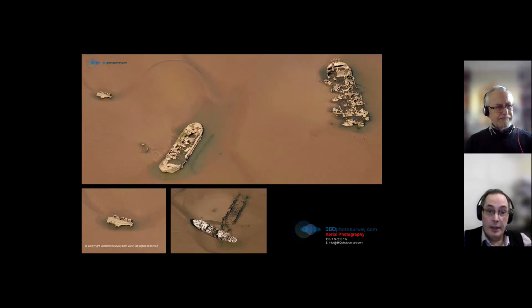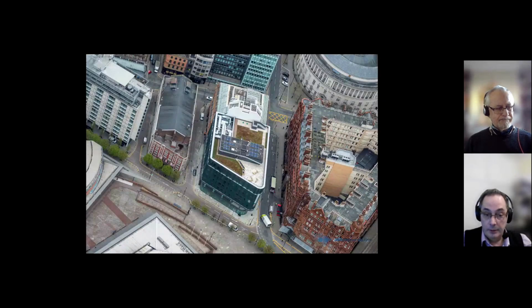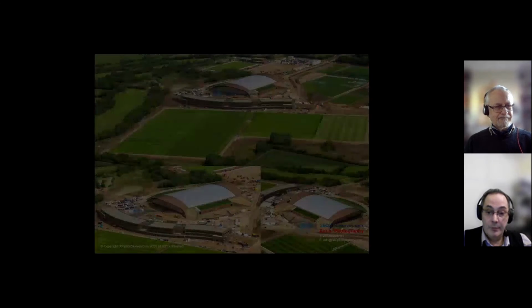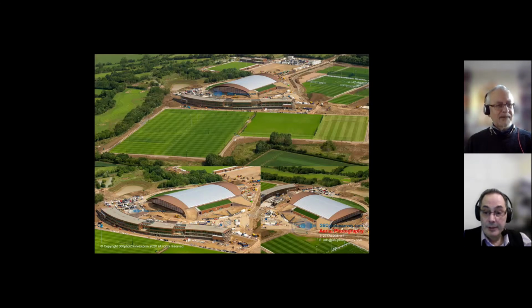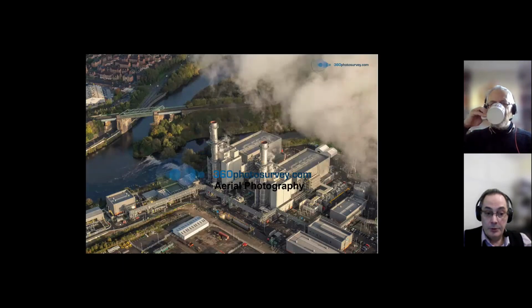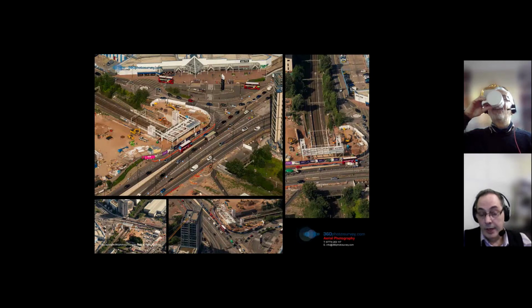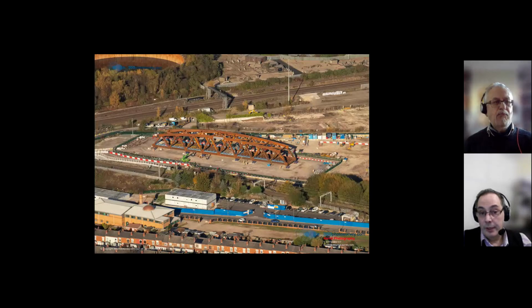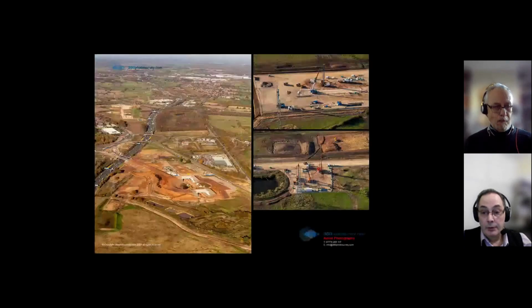whereas I was doing a drone photo shoot the other day. It took half a day to do exactly the same work that would be taken 3 to 5 minutes using a full-size aircraft. So some clients want them for the purposes of presenting to their clients at their monthly meetings. Others, such as we've got one highway project where the main contractor uses them in conjunction with the client as a takeoff, so they can actually see the progress of the quite a long project as to how